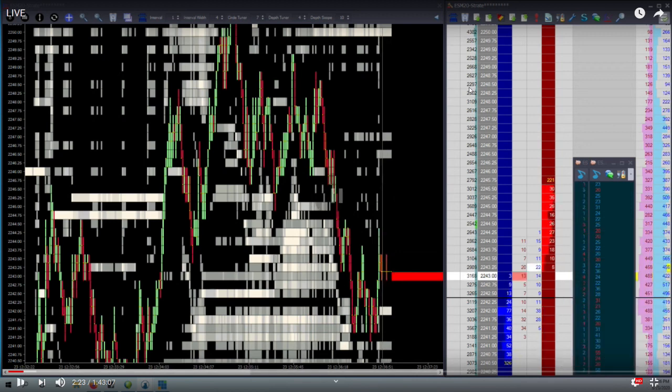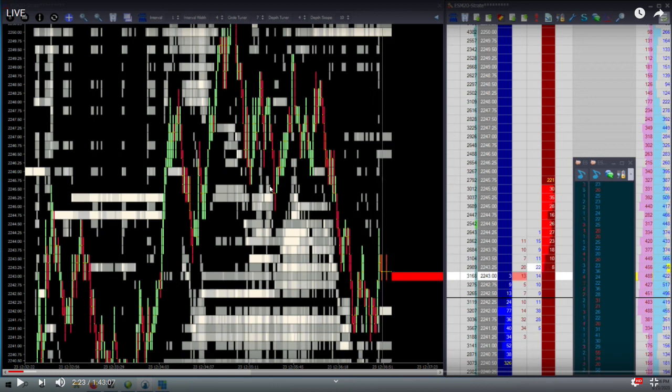It is going to be crappier quality. Now, the font on my DOM is shrunk. I shrank it by quite a bit so I can see more, because the moves are so big and violent that I can't really see them because they go off the chart. So I lose track of certain patterns. That's why I'm running a 1 minute chart currently, so I can keep track of these major pivots and these certain patterns. So I think the font's at 10 on here. And then I have another one that's even smaller on another screen, like 8 or 6 or something.